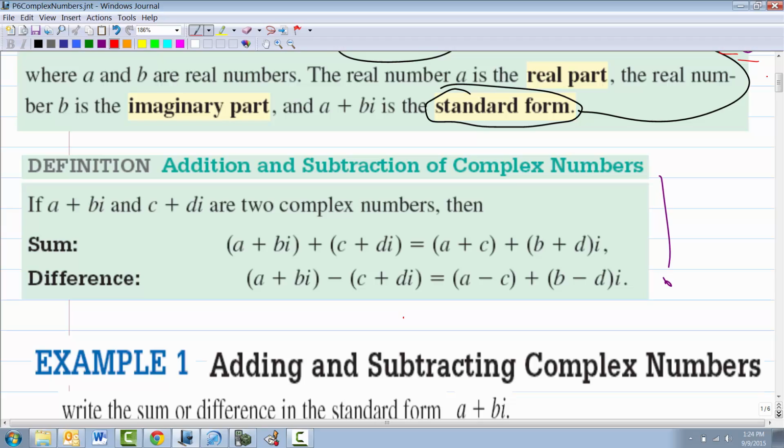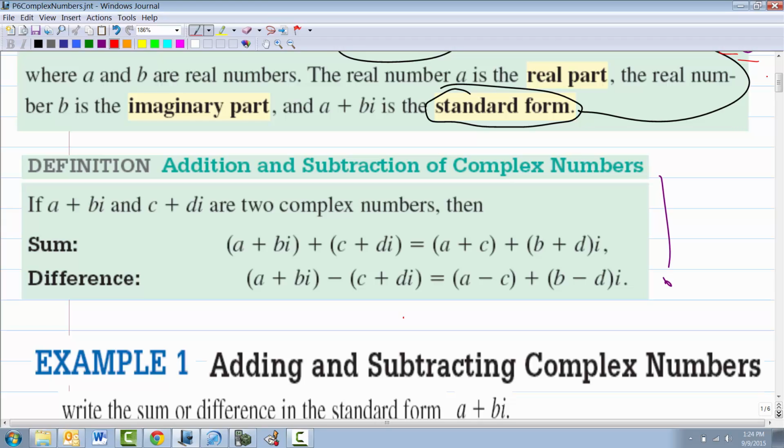Is i really a variable? Yes or no? No, i doesn't change. i is what? Say it. Square root of -1. By the way, this drives me nuts. It makes me want to jump out the window. Good thing we're on the first floor. When I ask you tomorrow, what's i, how many students are going to say -1?